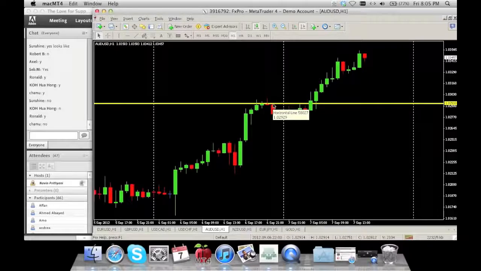Many people might think, oh, it's the high area of the day and this must hold some significance. No. You know, get some data. Why is it significant? Is it just because it's a high from yesterday? No, that makes no sense. Just because it's a high and low of a certain day, it has no relevance of strength. Strength is only determined as if it's held again and again and again in the past.